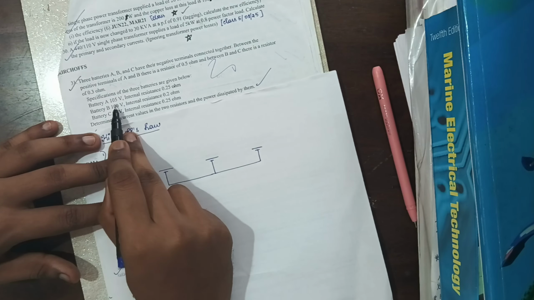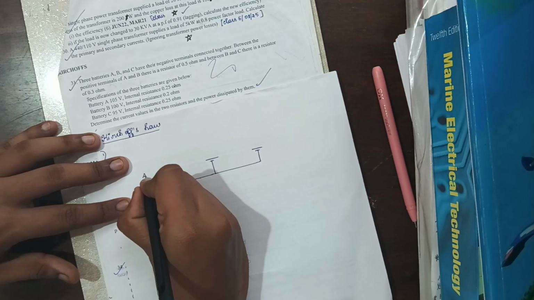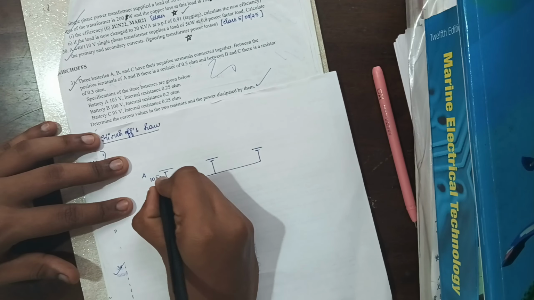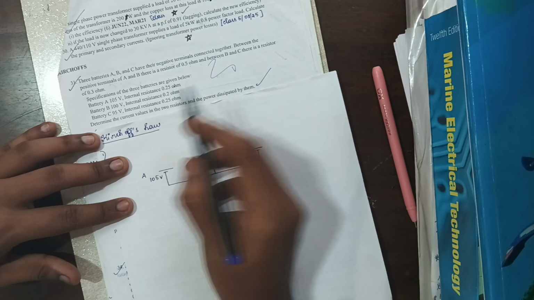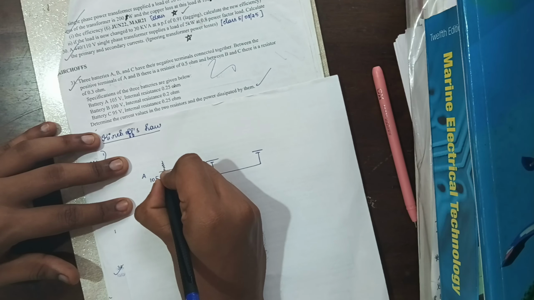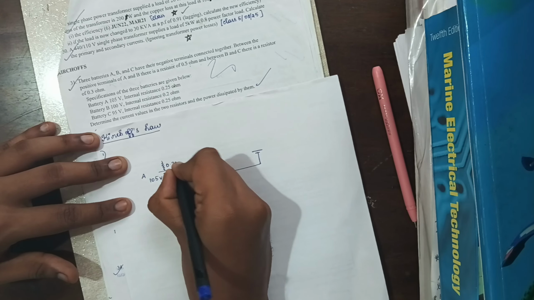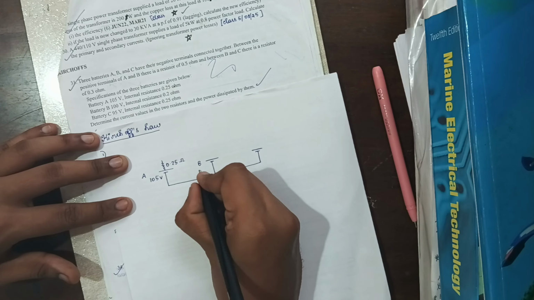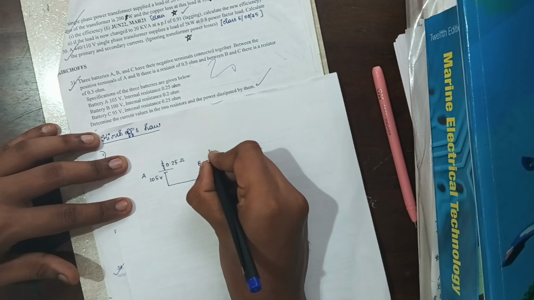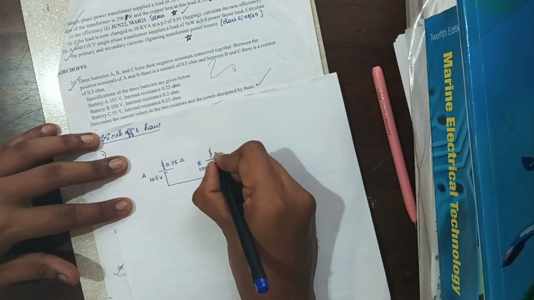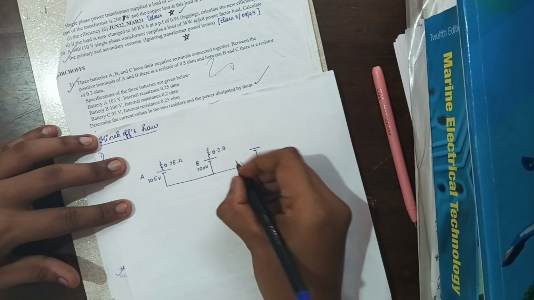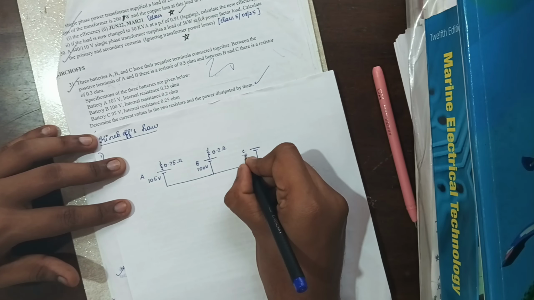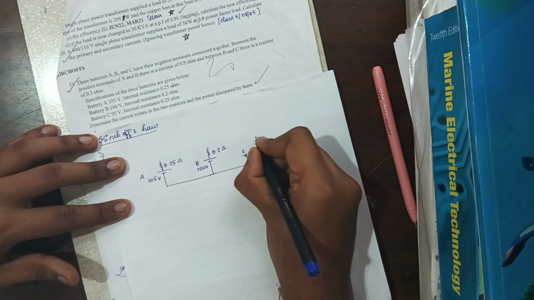Battery A has voltage 105 volt, internal resistance of 0.25 ohm. Battery B has voltage of 100 volt, internal resistance of 0.2 ohm. Now battery C has 95 volt, internal resistance of